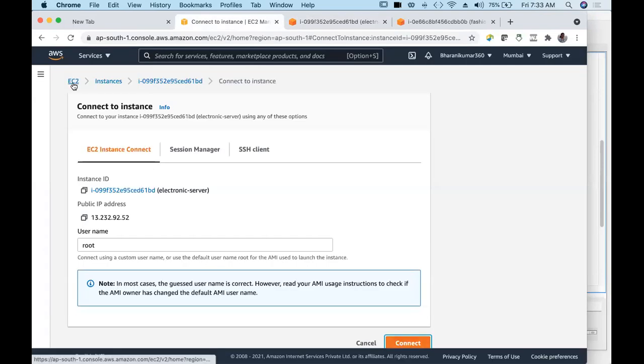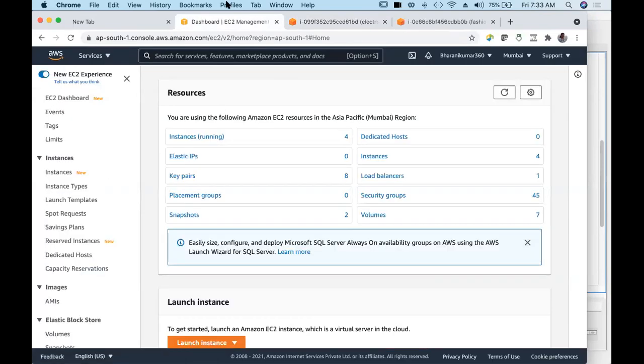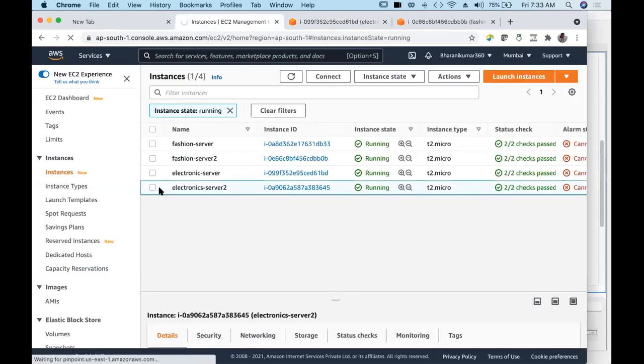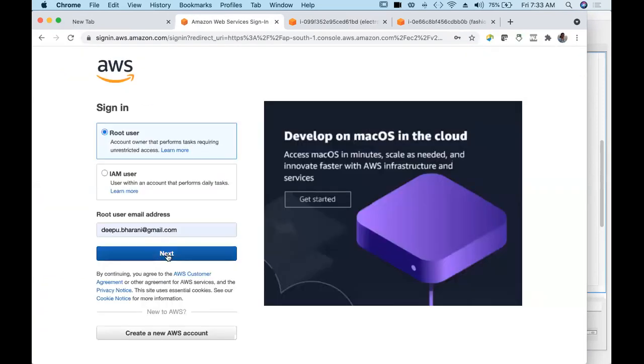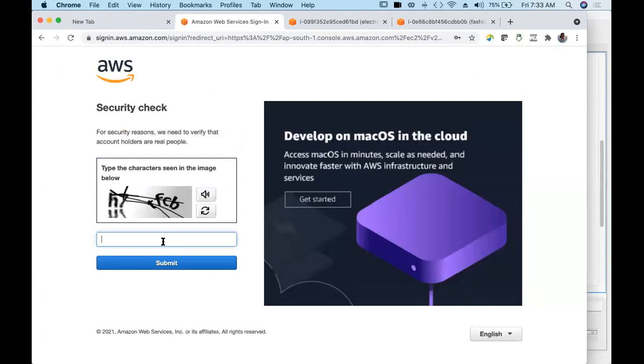Connect. B3, I think this is Q or A, okay, 6.